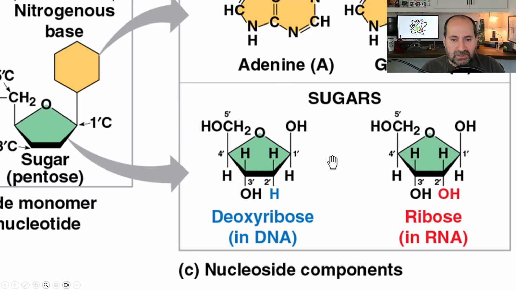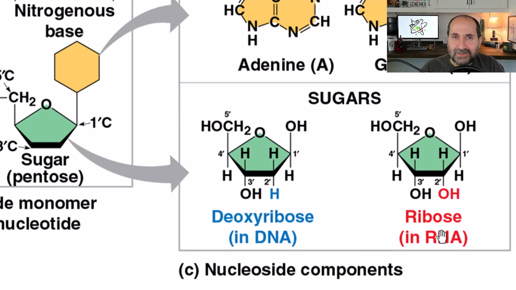This sugar is called deoxyribose. Okay, deoxyribose. Why is that important? Well, because for RNA, this sugar is actually a slightly different pentose sugar. It's called ribose. You see this? Do you guys remember ribose earlier this chapter? Ribose is